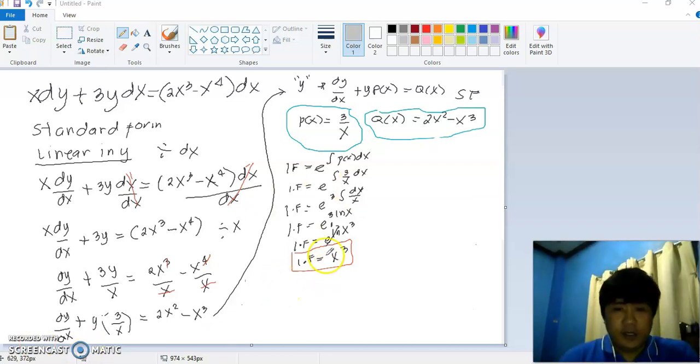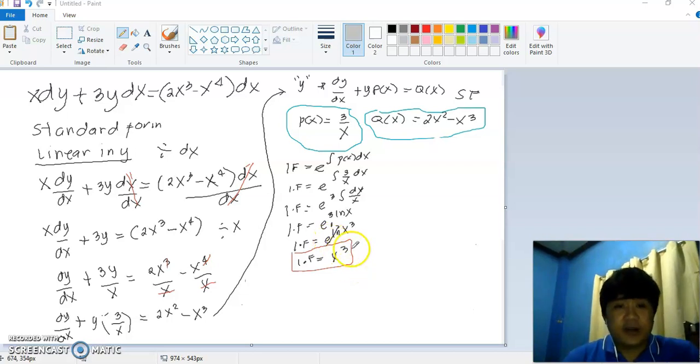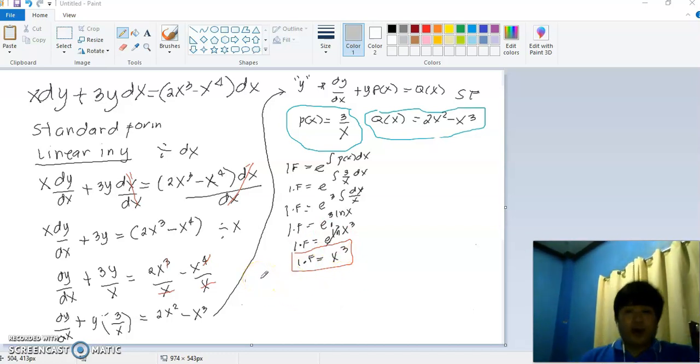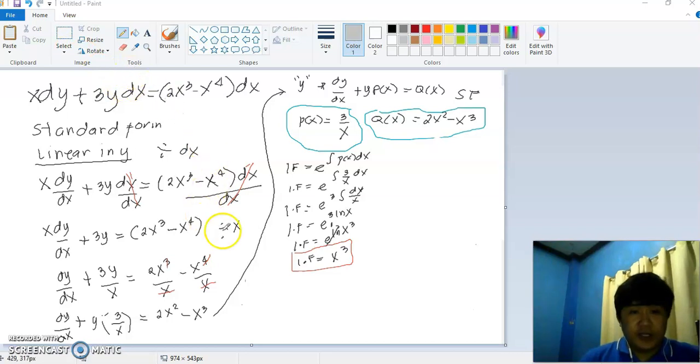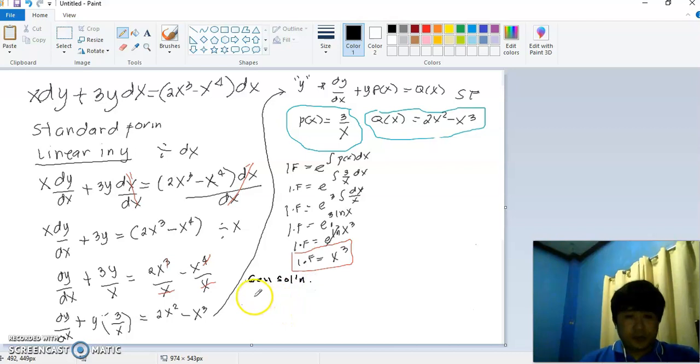Okay, so now our result is our integrating factor is x raised to the power of 3. So from here, we can now get our general solution. Because we are using linear in y, our general solution is equivalent to